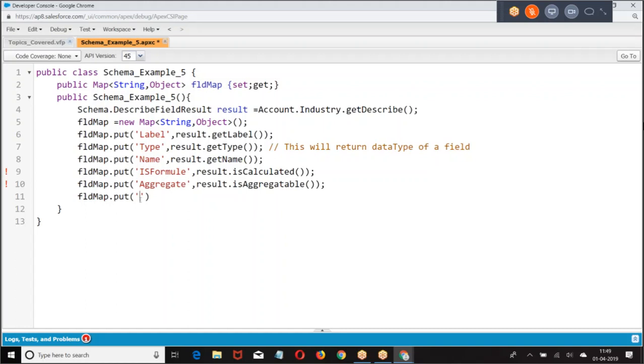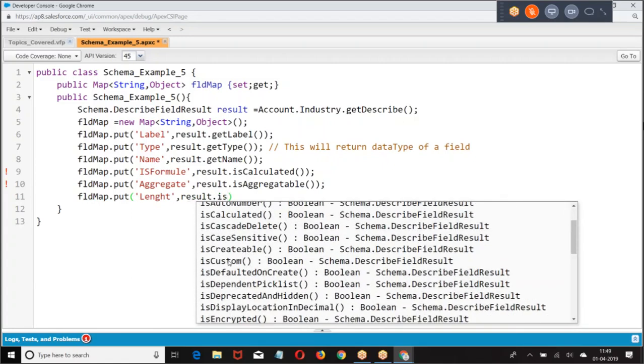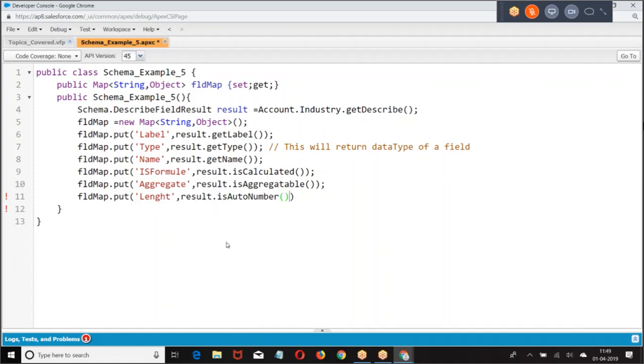Then I have length. Result dot is, let us say, case sensitive. Is it auto number? Now we are trying to get the properties of it.